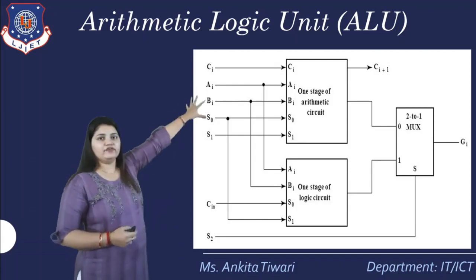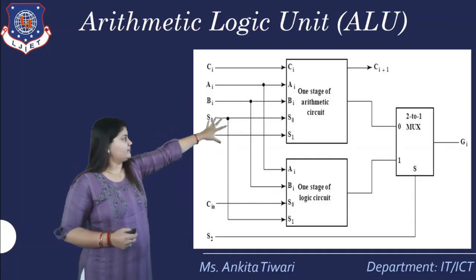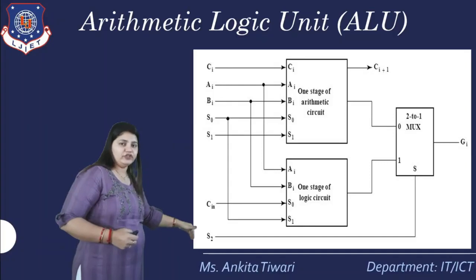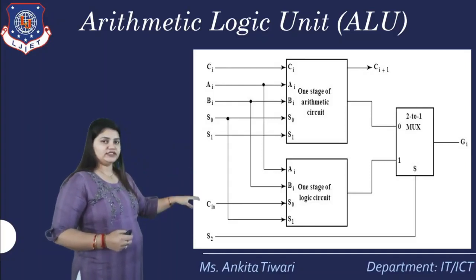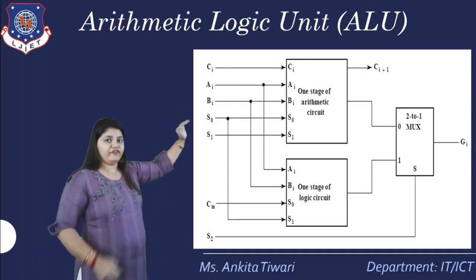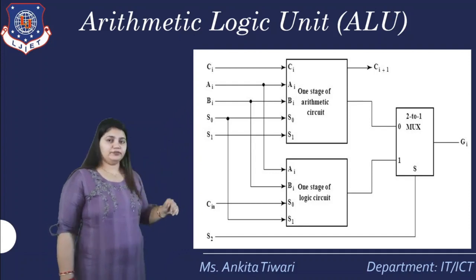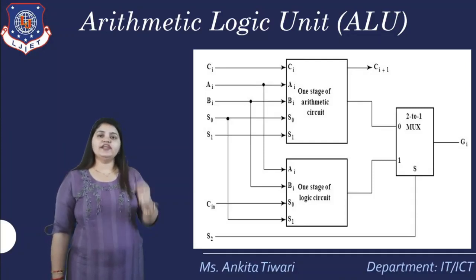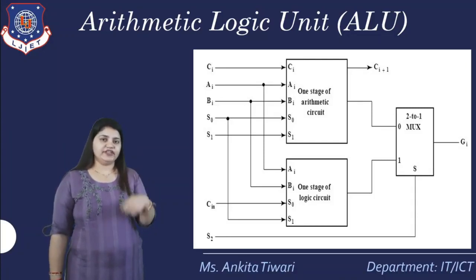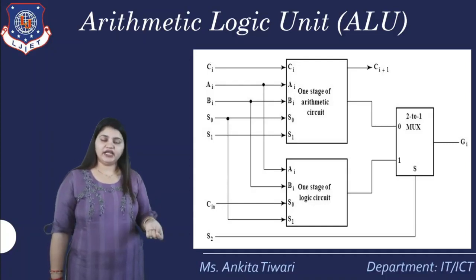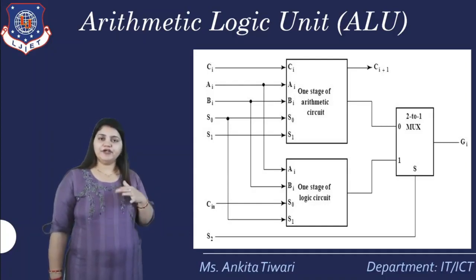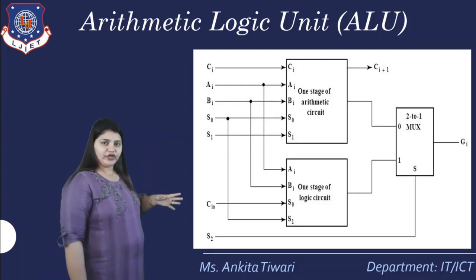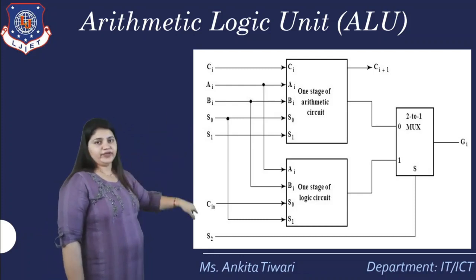Suppose you are having the first circuit, as you can see, one stage of arithmetic circuit, and another one stage of logic circuit. The same thing we are having for shift also, but here we have shown only two. And in order to perform these two operations, because at a particular time in the system, only one operation can be handled. That means whether it will be addition, subtraction, that is arithmetic, or whether it will be logical. So at a particular time, only one operation happens in the system. So we need to control whether it will be arithmetic or logic.